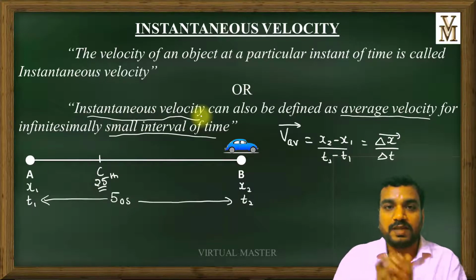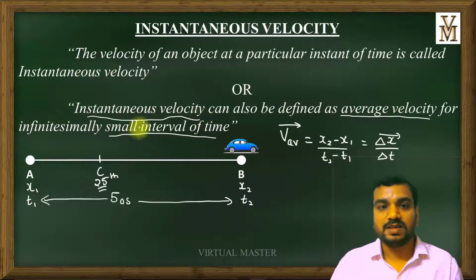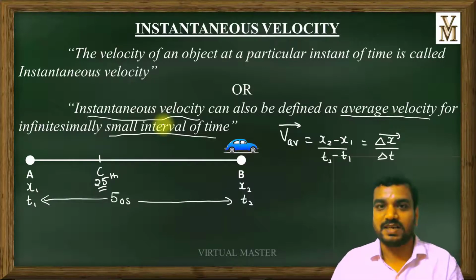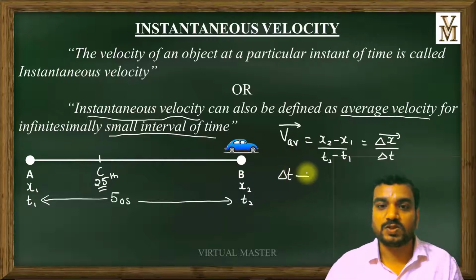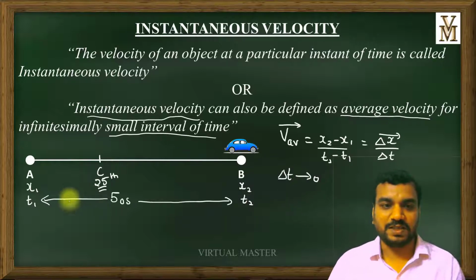If we are finding the average velocity for a small interval of time, then we are going to get instantaneous velocity. This is the same as the instantaneous speed. While discussing instantaneous speed also we discussed this, right? What we did that time was take delta t as a very small quantity, so we considered delta t almost tending to 0. Now let us find instantaneous velocity. Instantaneous velocity, V instantaneous, can be written as delta x divided by delta t.